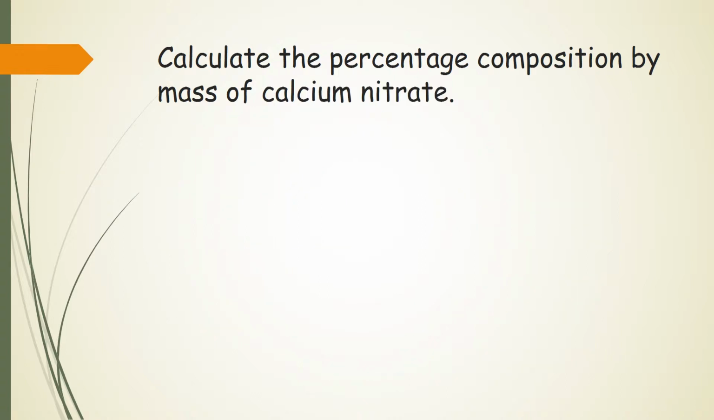Now let's calculate the percentage composition by mass of calcium nitrate. So let's see if we can do this. The first thing we need to know is the relative formula mass of calcium nitrate. So we're going to go to our periodic table, follow our formula and substitute them directly in. So we find calcium, which is 40.08, add bracket nitrogen, which is 14.01, add oxygen, which is 16, times it by 3, close the bracket, times it by 2, and this should add up to